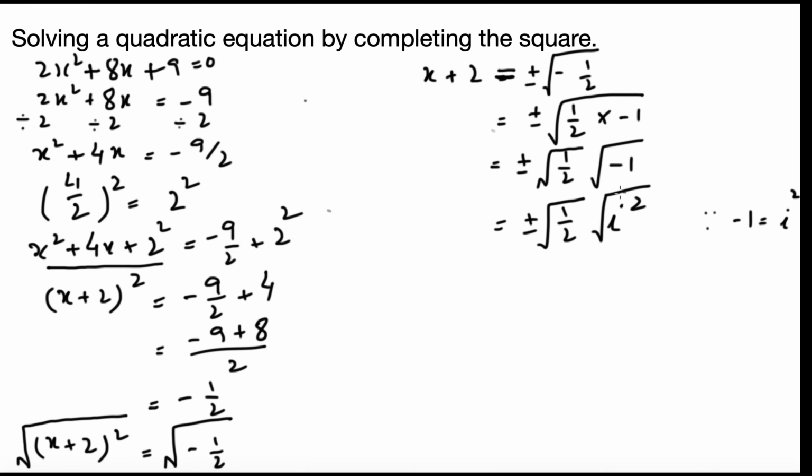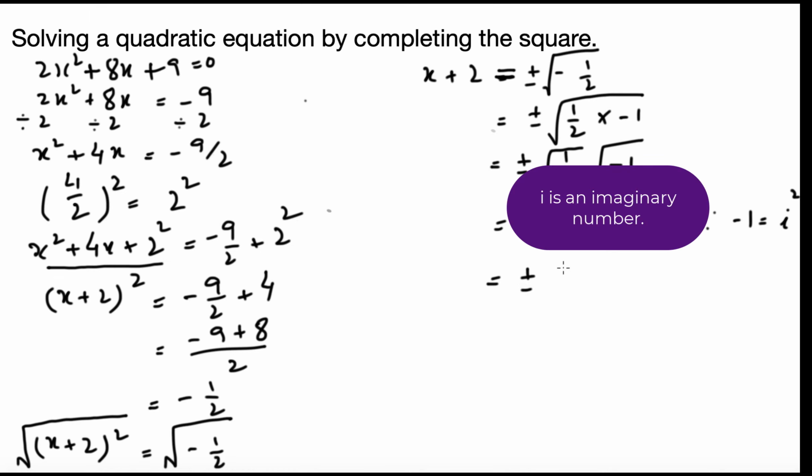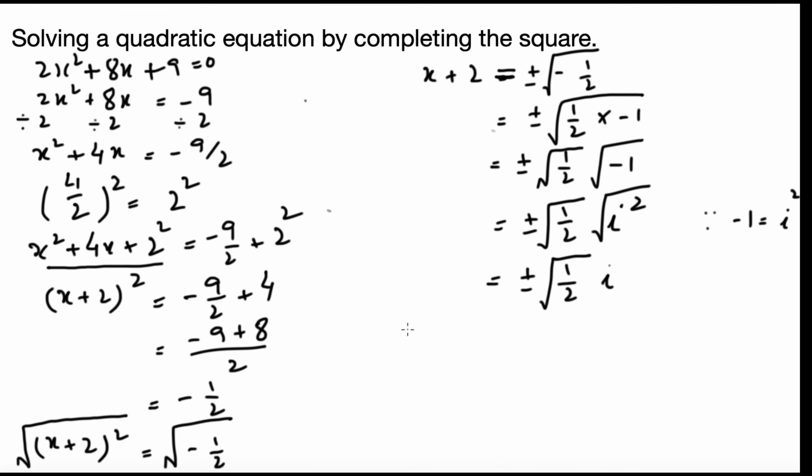We know that minus 1 is equal to i squared. i is an imaginary number. Moving constant to the right. So values of x are